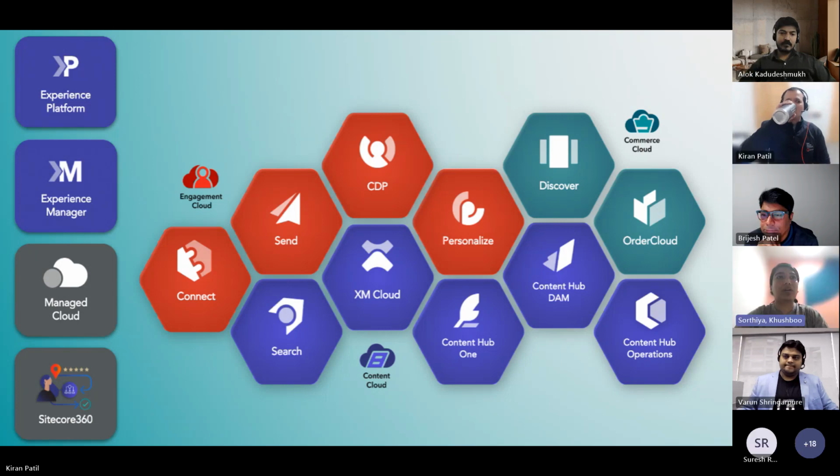And if I talk about the product owners, when you have a client from XP, they understand how Sitecore works, right? And they know how certain things are implemented in their traditional approach. Now with a headless application, the approach would be different. We always say, as a developer we have to unlearn and learn new things, but as a product owner or as a client also, they have to go through this process.